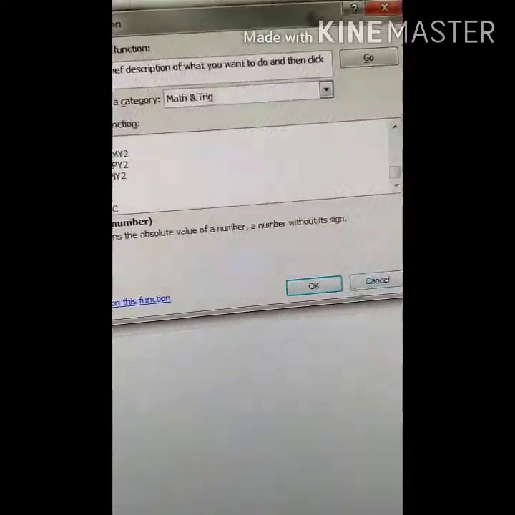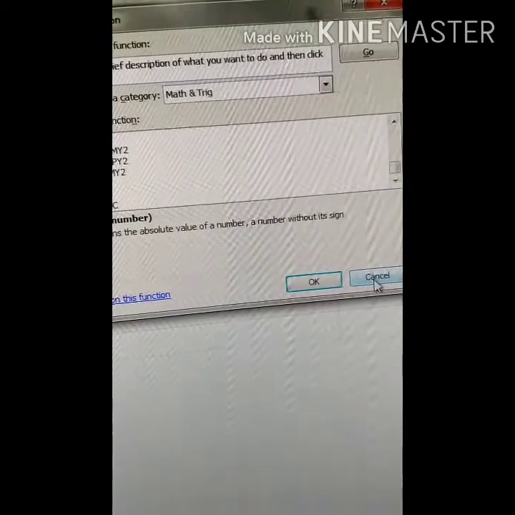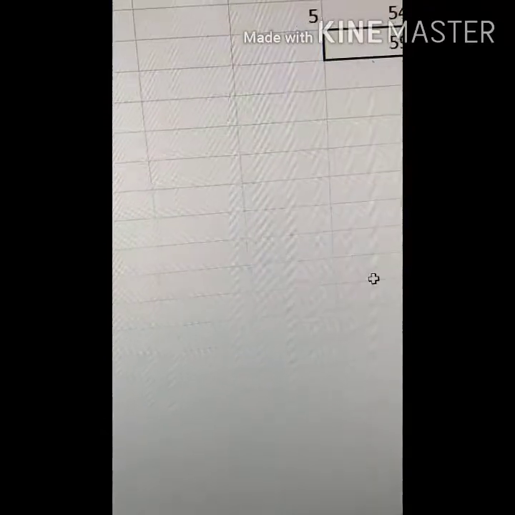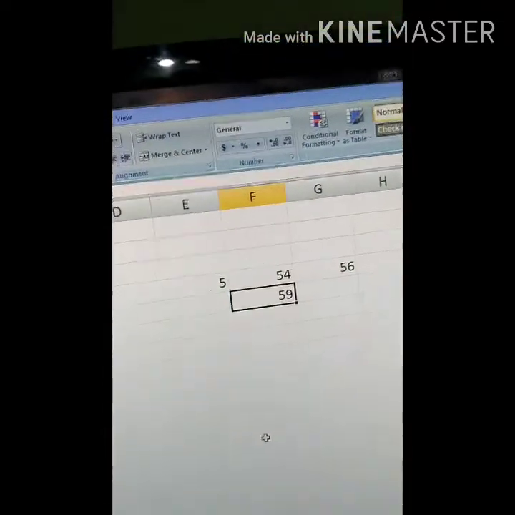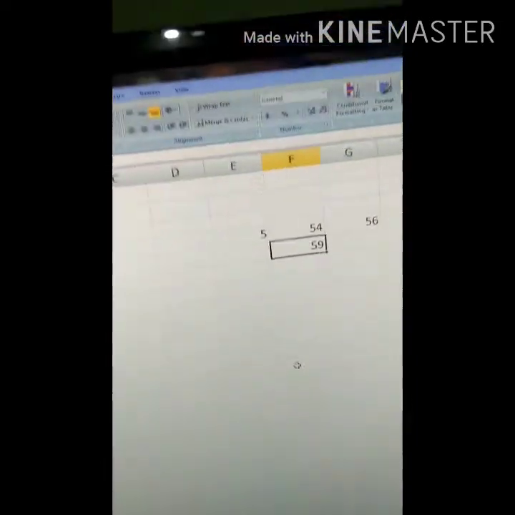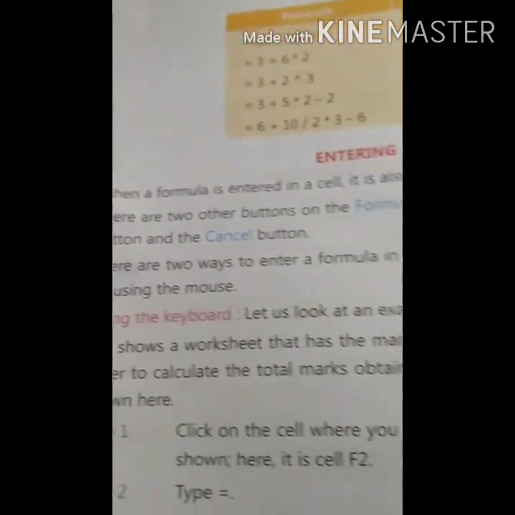So whichever is required, we can take from there. Next, in the formula bar you understood the enter button and cancel button.